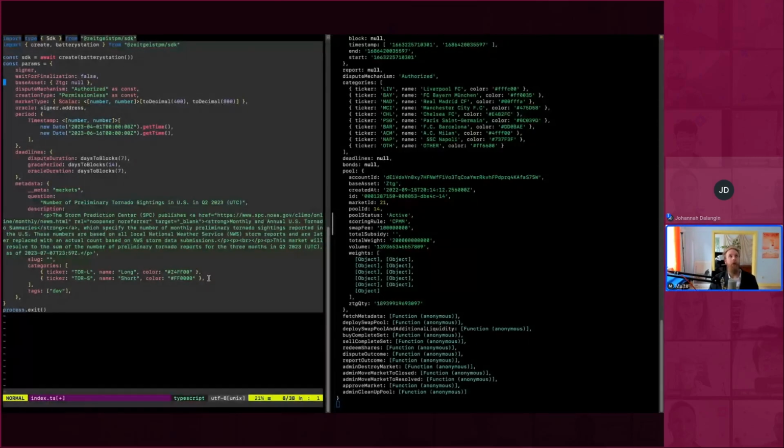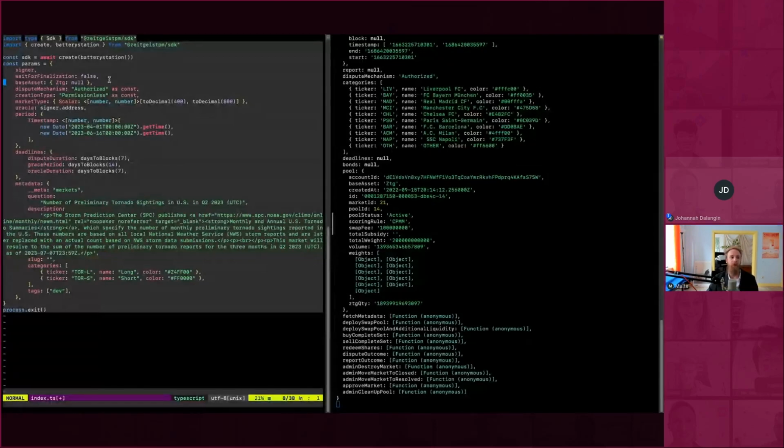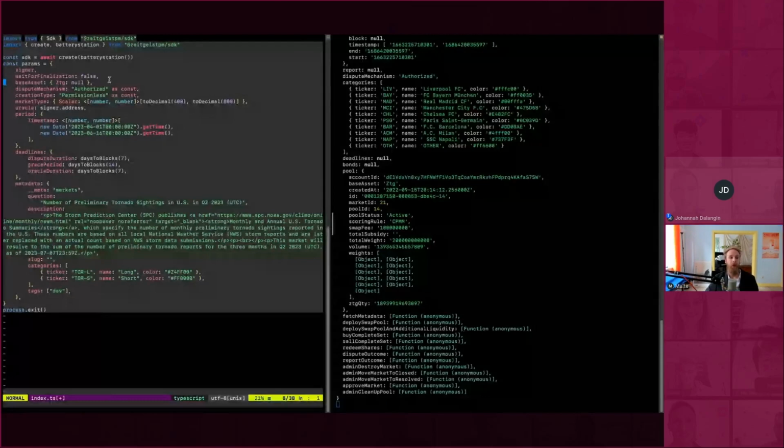and that exposes users to risk, so it's not ideal for a couple of reasons. What we really want to do in the future is allow people to use stablecoins to facilitate trading on these markets. And the base asset is basically that. Right now we're using our native token ZTG, but in the future, thanks to the magic of XCM, you'll be able to use stablecoins on Zeitgeist to fund these markets.